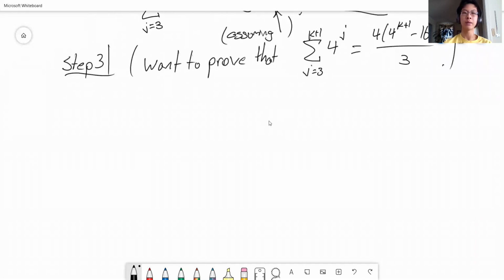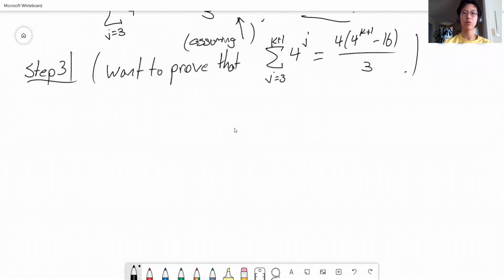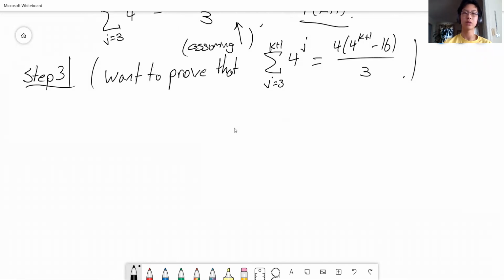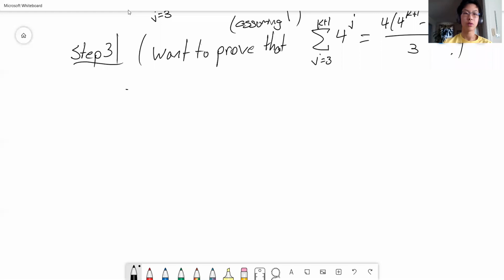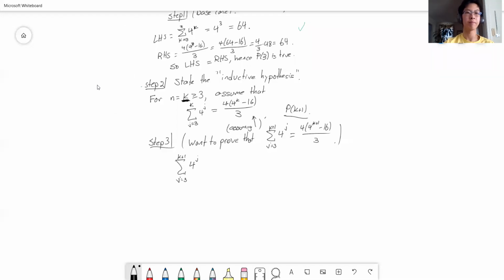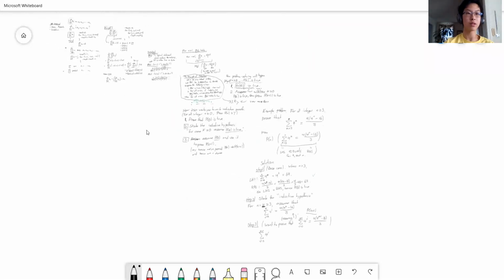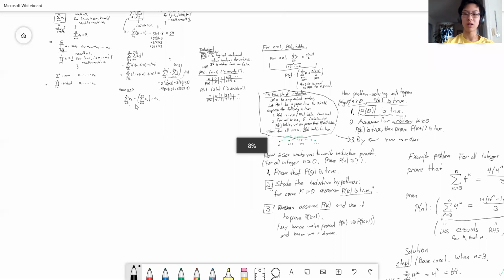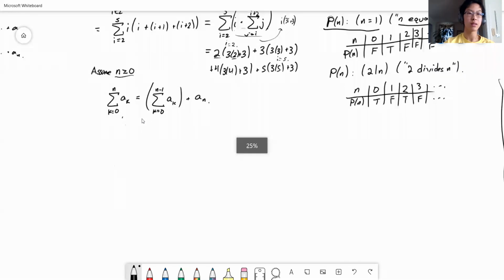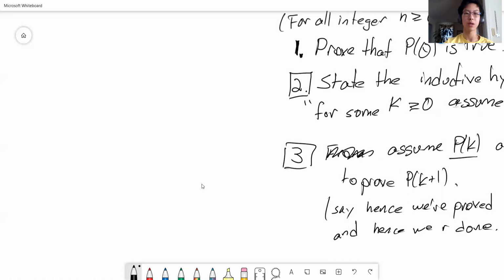So how are we going to do it, right? With things like this, what you want to do is start on one side and work your way until you get to the other side. So we're going to start from this side: the sum j equals 3 to k plus 1 of 4 to the j. And then we're going to use this property of sums that we alluded to a long time ago, where we can pull out the last element from the rest of the sum. So if we remember that sum property,